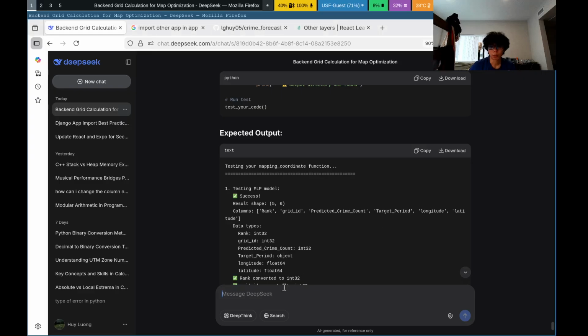Okay, so how can I pass a request from net and extract that first